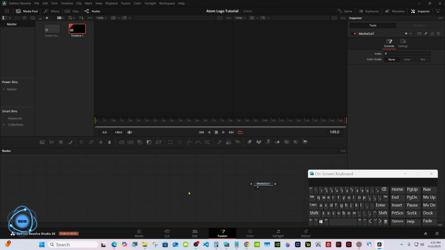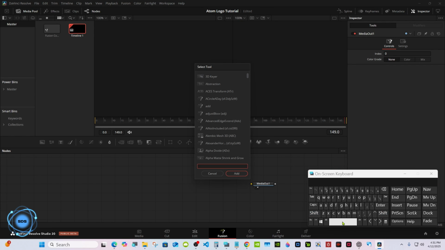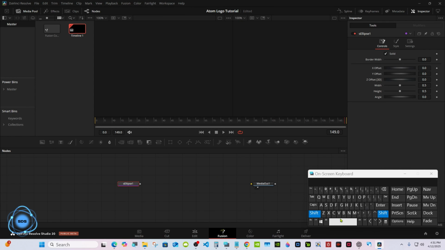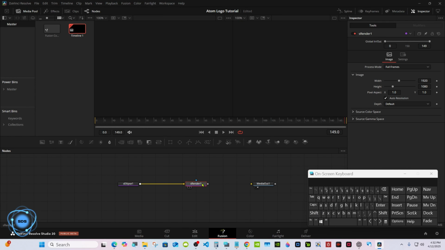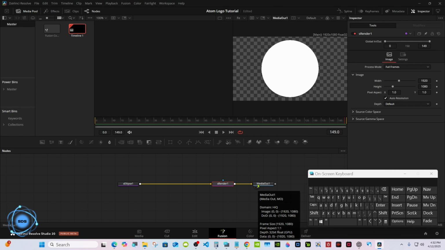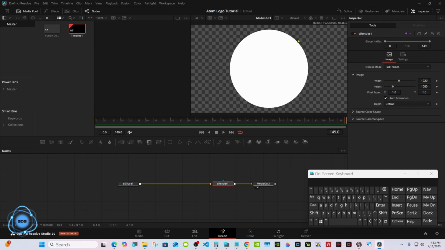Click away right about here. Shift space and S ellipse. And shift space and S render. Plug it into the media out. We can go to one viewer